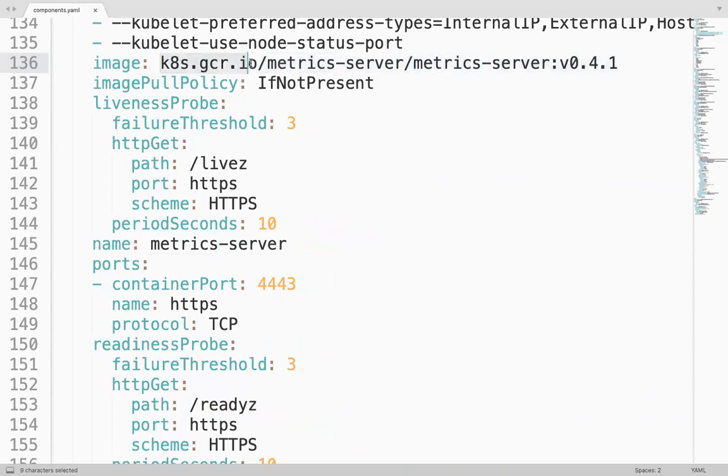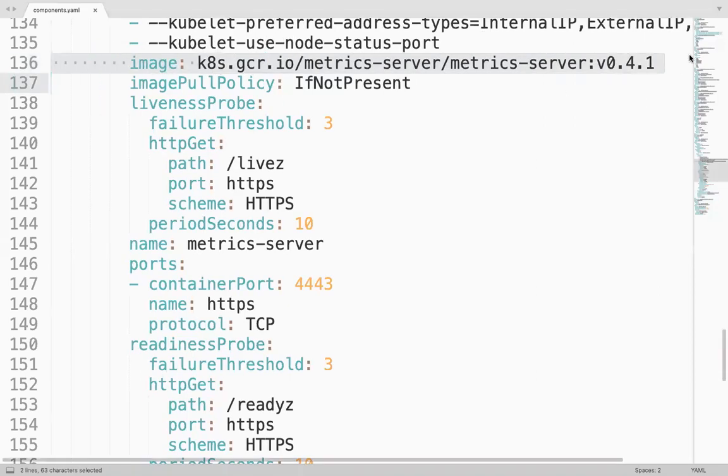If you see, under which repository is it? It's managed by Kubernetes itself. So we are going to deploy this as an add-on.